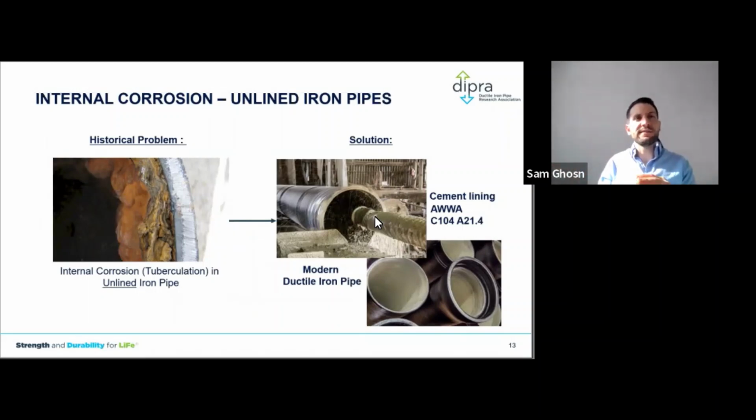Okay, so this is a lining, it's a barrier that we added, and obviously everything that we add on ductile iron pipe is NSF 61 approved from the inside and outside, so the pipe is fully safe to be in contact with water. It has to meet the AWWA C104 standard, so unless you otherwise specify in your project for certain applications, every pipe that leaves the foundry will have cement mortar lining on it.